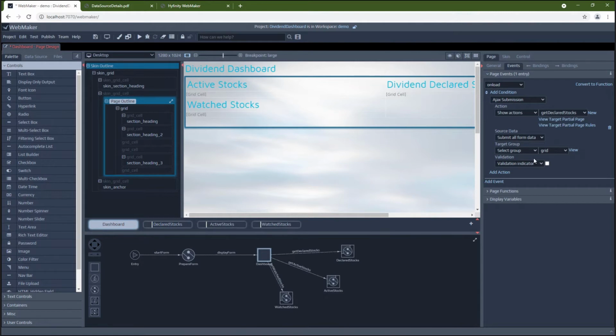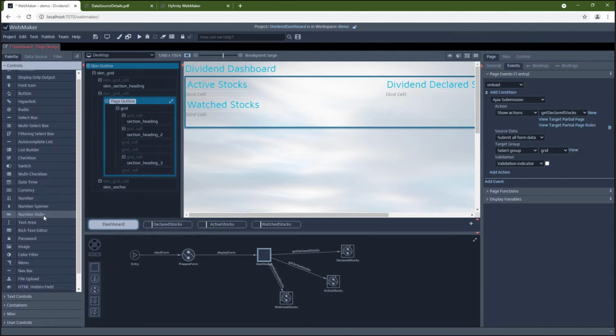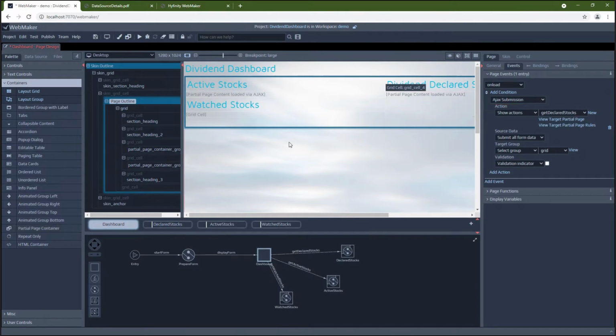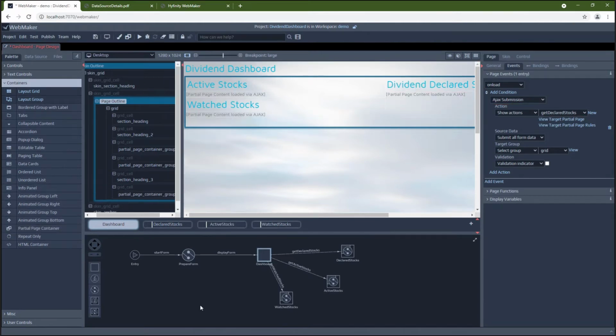And then we have an option of where do we want it to go? Where do we want the partial page to be rendered on our page? So if we have a look on our palette on the left-hand side and we open up the container section, we have an entry here for a partial page container. So we use those to contain our partial pages when they get loaded in. So we drag these partial page containers onto our page in the relevant positions that we want our partial page content to be shown. So for this case, we want one of these in each of these empty cells. So we can just drag those in